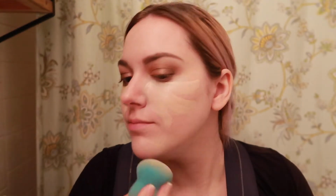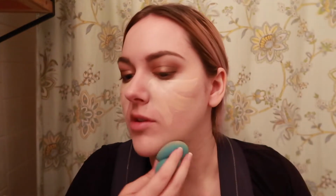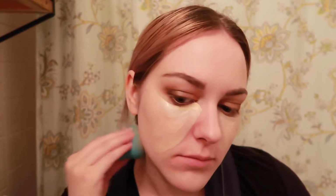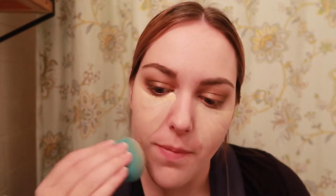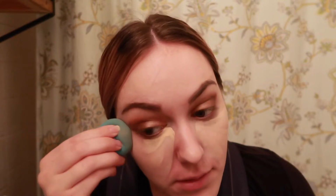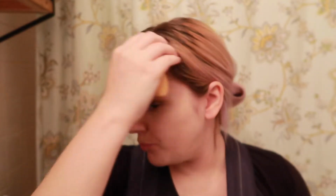But I just blend it out. Once again, you guys, I'm not a makeup tutorialist. I think I'm okay at my makeup, I don't think I'm the most amazing. But I will tell you what I do. I don't want to mess up my eyeshadow. So usually what I do then is, I started doing this when I was pregnant because my hormones